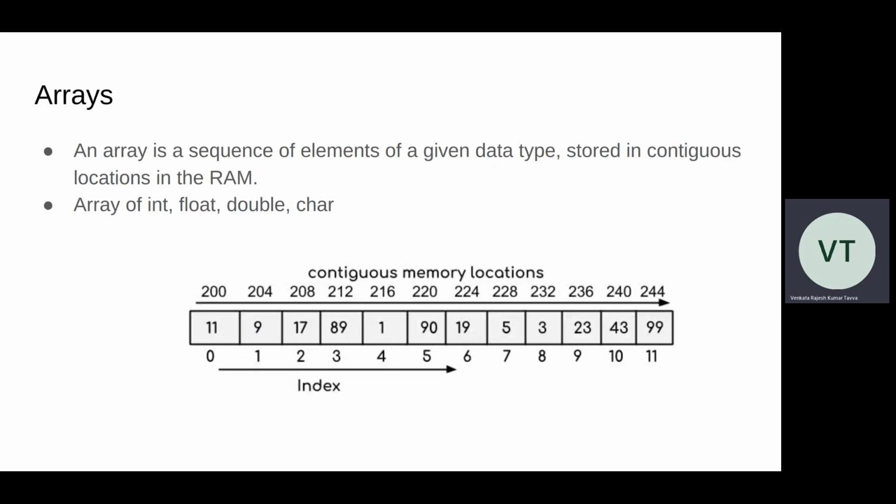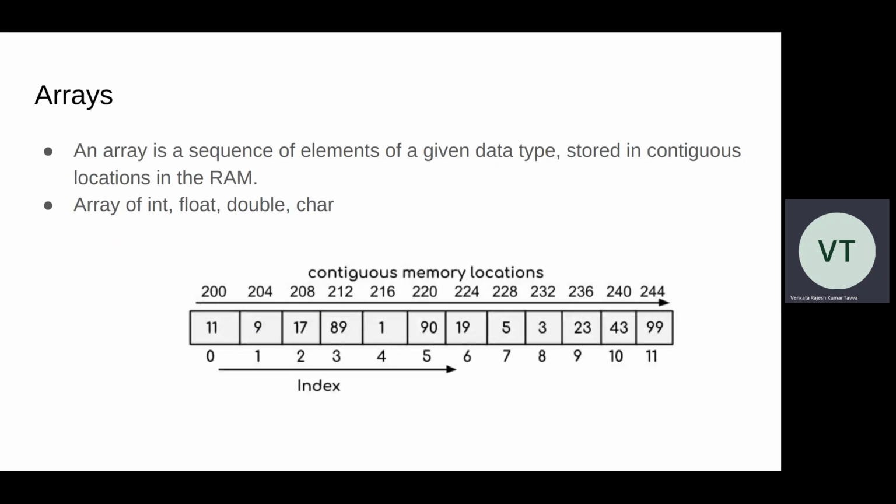So every cell of RAM is of size 1 byte. Now, when you store data in the RAM, it is stored in these cells, right? If you are storing characters, it will use only one cell at a time. If you are storing integers, it will use 4 cells, 4 bytes. If you are using float, again, it will use 4 bytes, but the format of storing will be different, right? So depending on the data you want to store, this data will be stored in the RAM and it will be stored in a sequence. Okay. Now, an array,